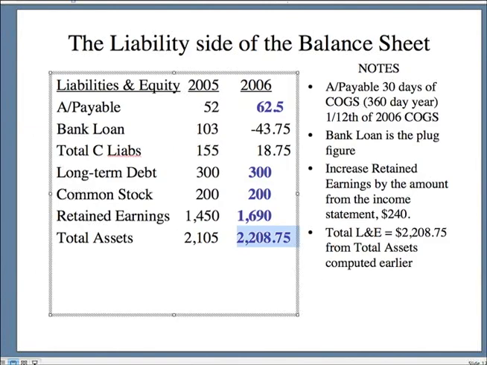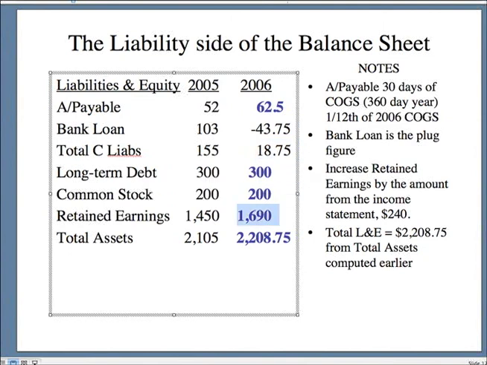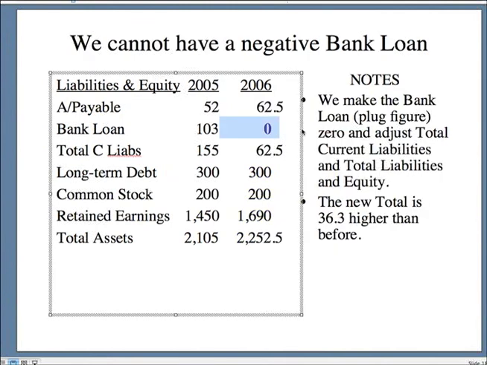Take that total assets number over to the liability side. We have much higher retained earnings. Now we're increasing those not by $57, but by $240. Long-term debt and common stock don't change. Current liabilities then goes way down. We have so much more profit here in retained earnings that we don't need much in current liabilities. Accounts payable, that spontaneous financing, is the same, unchanged, because cost of goods sold hasn't changed. Negative bank loan now, 43.75. Well, that can't be. We change it to 0,